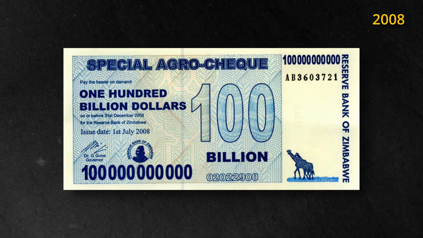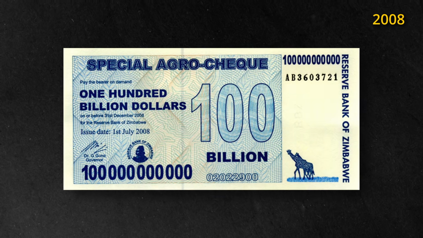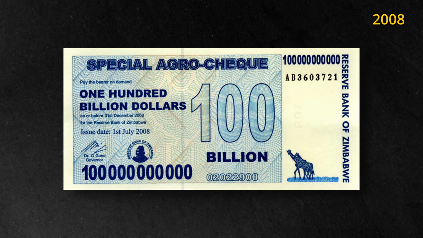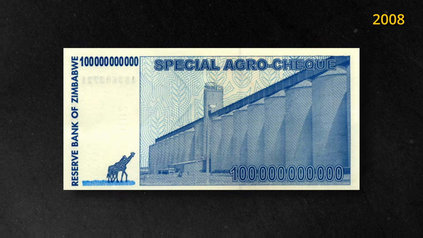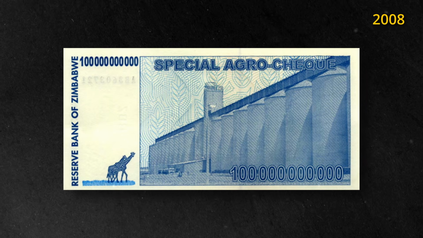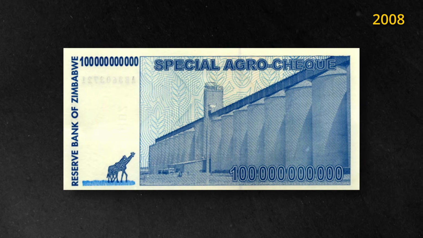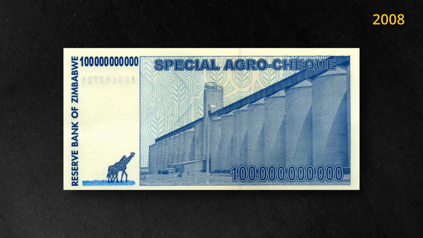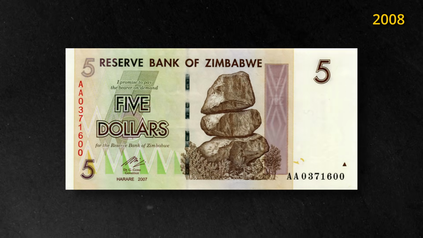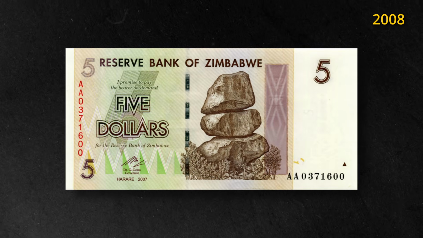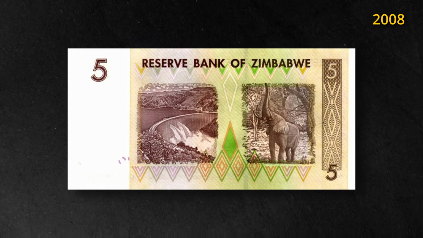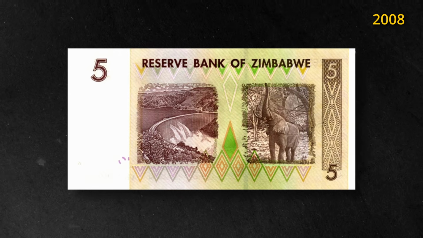They had a different design and they were intended for use only by farmers, in quotes. However, Zimbabweans treated them as regular money because of the continued hyperinflation, and they had similar function to bearer checks. The Reserve Bank of Zimbabwe demonetized both agro and bearer checks on the 31st of December 2009, following the introduction